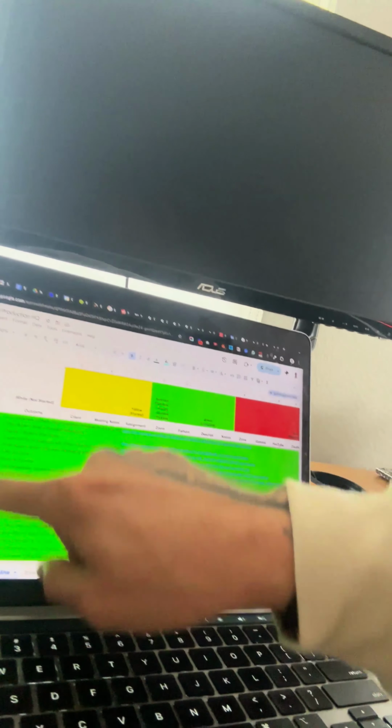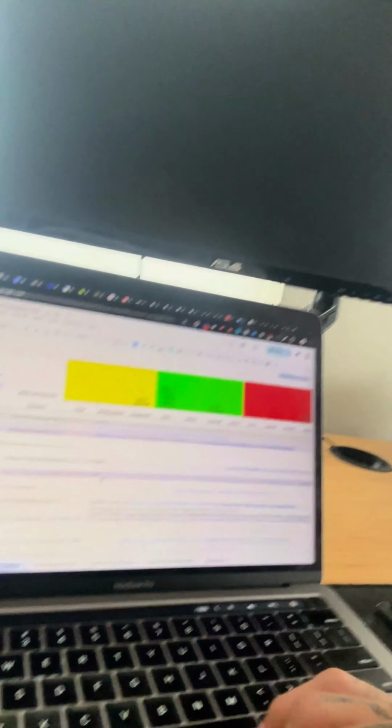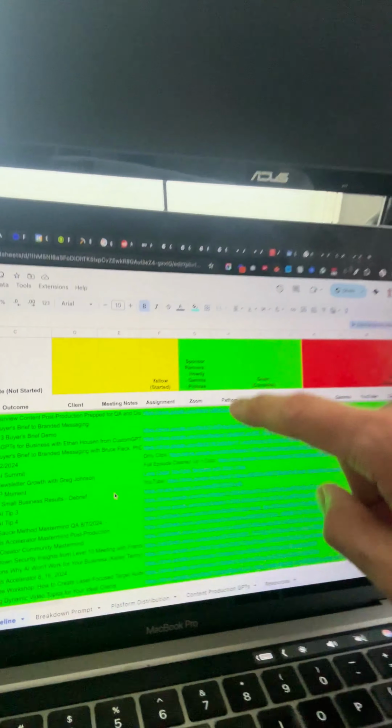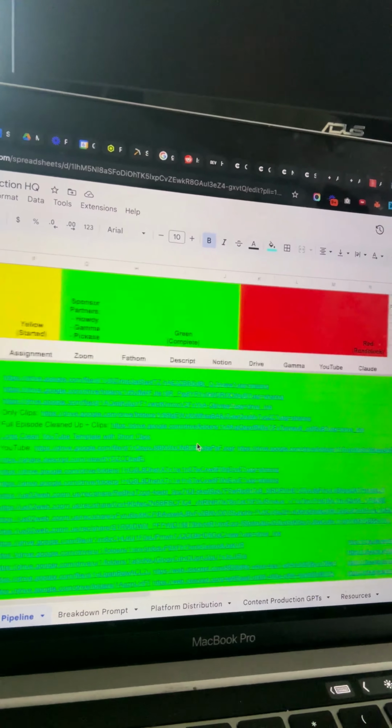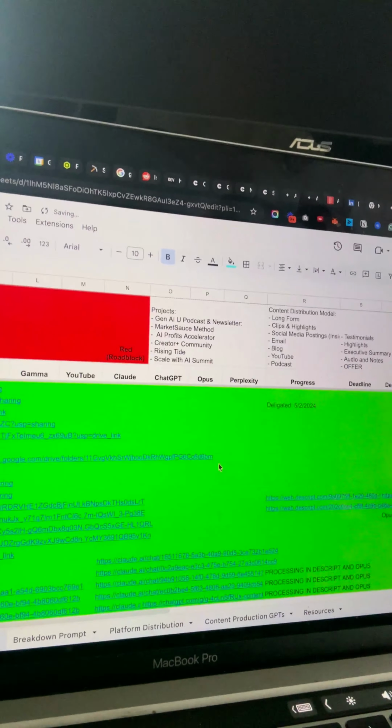This is just an example video, but if I were to want to upload that video, my goal is to be able to use this content production sheet, which looks like this for me. So I have it color coordinated. You can see all these are older. I have a lot of different videos from the past on here that are all green. And so I have assignments, Google Drive folders, any sort of notes. And so this is how I operate it right now. You can see this is pretty basic and simple in terms of content production inside of a Google Sheet. But having everything all here in one place inside of one sheet